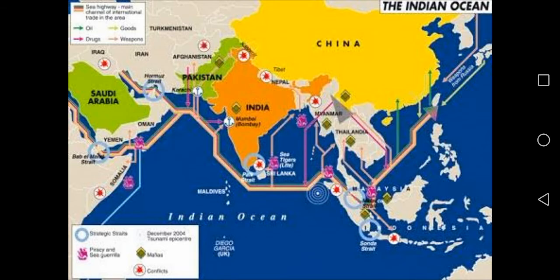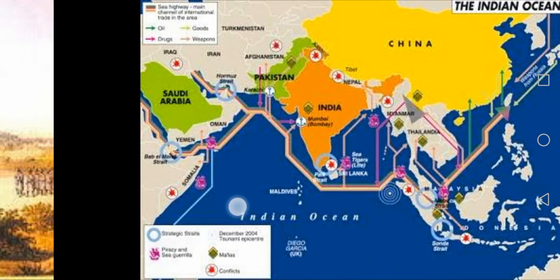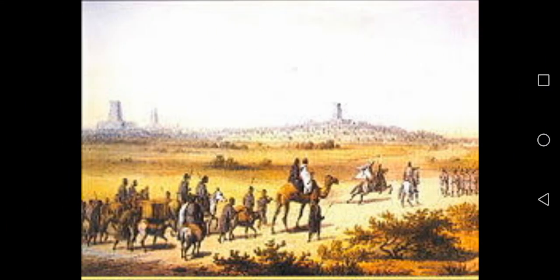So all other countries, whatever are being shown here, they are not rich in all types of products. So how to complete the demands? Through import and export, we can complete the demands. As exports, we are sending the products. Imports, we are bringing the products. So in this way, India's location is very important, because India is covered by water, from land, three sides by water and one side by land. That's why trade was easily developed in the olden time also.